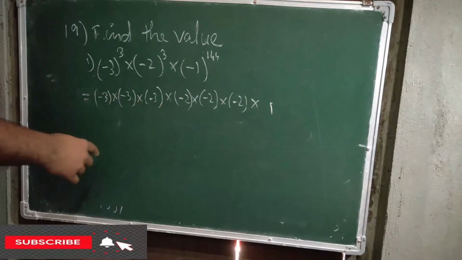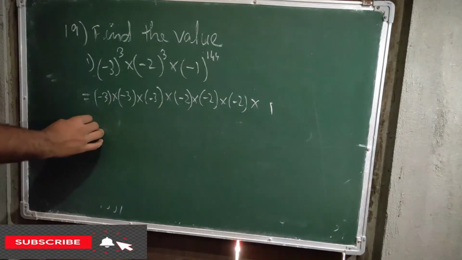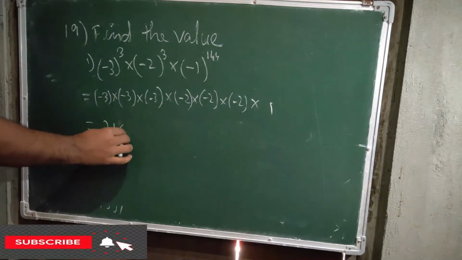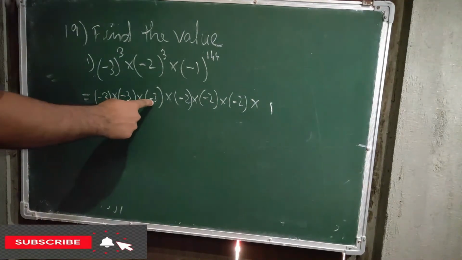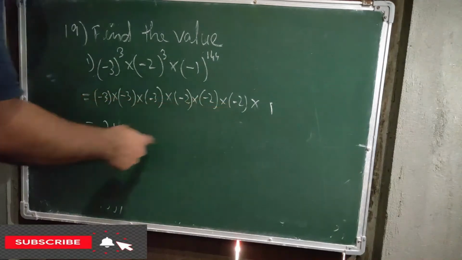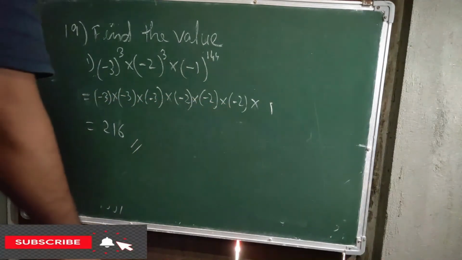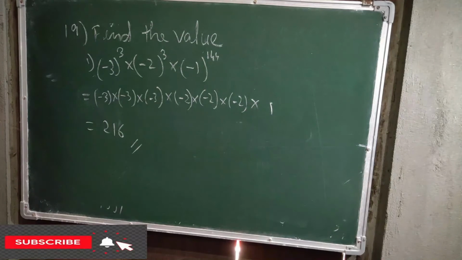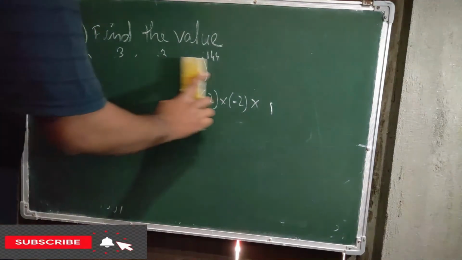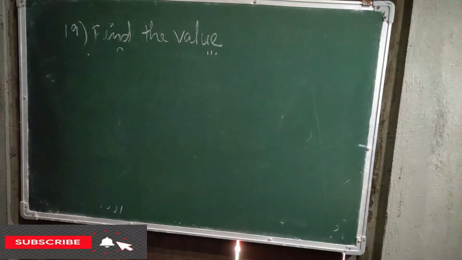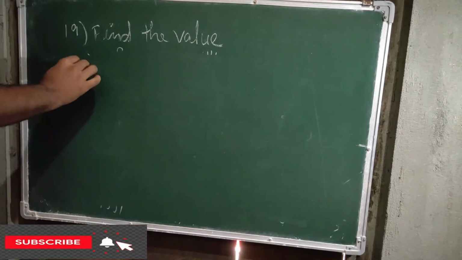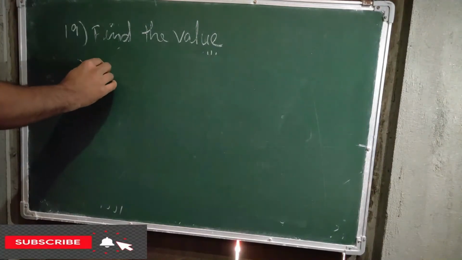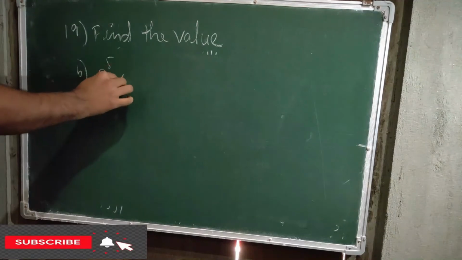So when we multiply all these, you'll get the answer 216. Minus minus plus, again minus minus plus, again minus minus plus, ultimately plus will be the answer. Plus 216 will be the answer. So this is completed. Now we'll go to B number. Our B number is 2 to the power 5 into